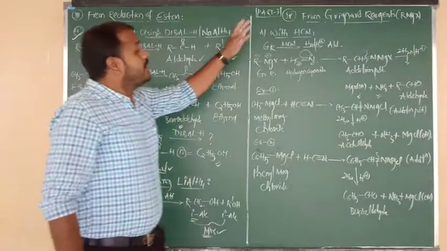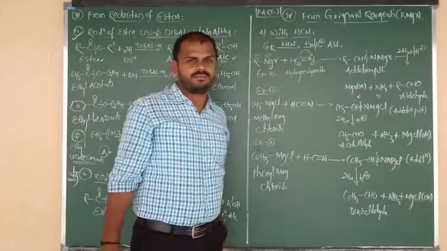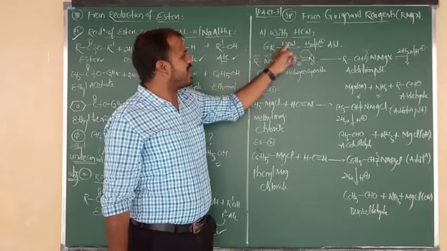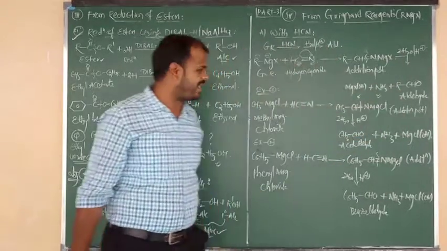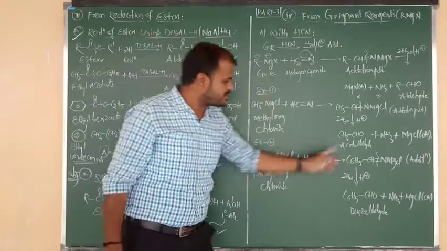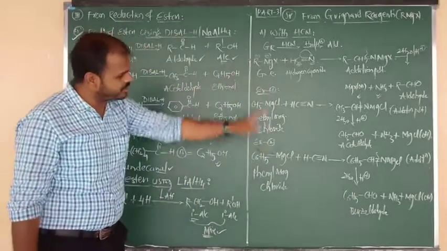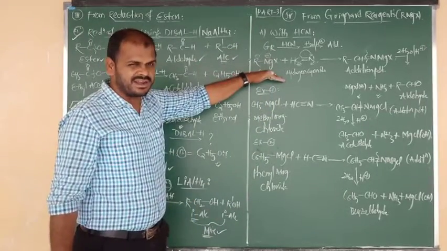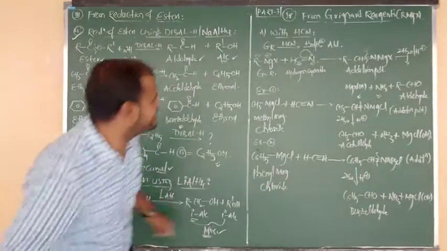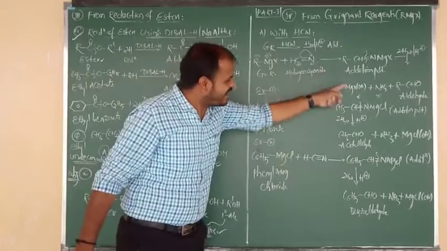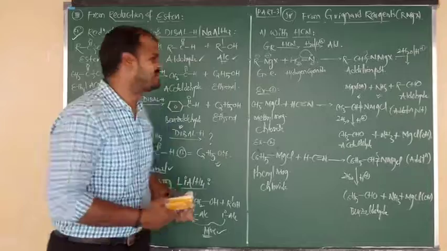So from Grignard reagent, number one method using hydrogen cyanide. Grignard reagents on reaction with hydrogen cyanide and followed by hydrolysis, the product is nothing but aldehyde. Methyl magnesium bromide gives acetaldehyde. Phenyl magnesium bromide gives benzaldehyde. So statement, general equation and two example equations. But in that method, we have prepared only aldehyde: acetaldehyde, benzaldehyde. Now, we are going to prepare the ketones.